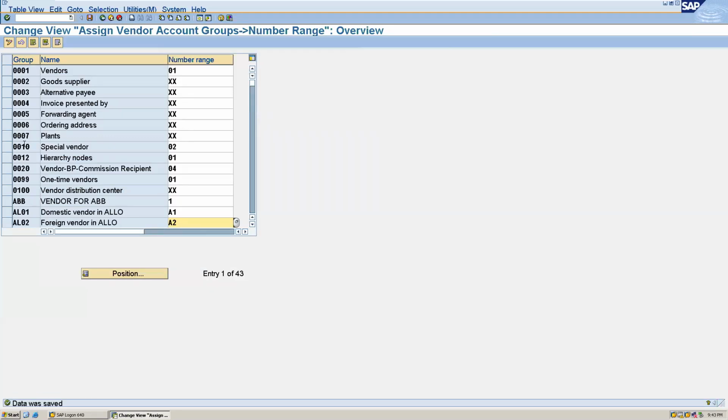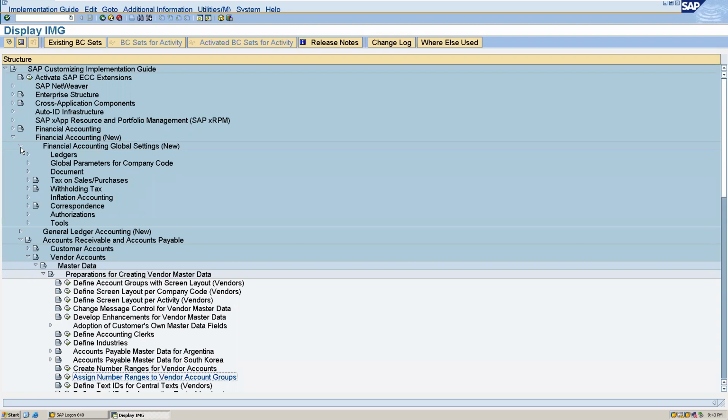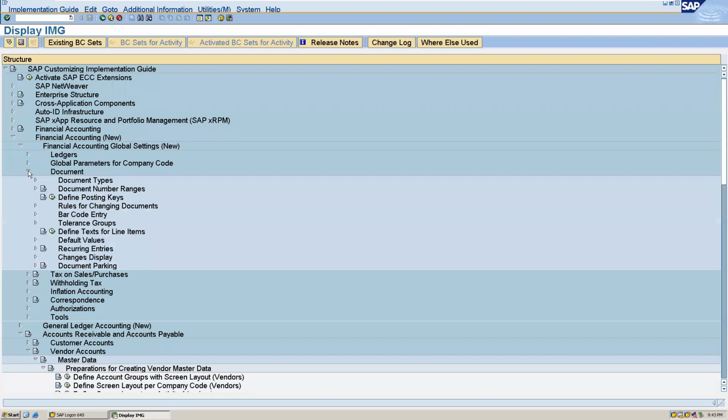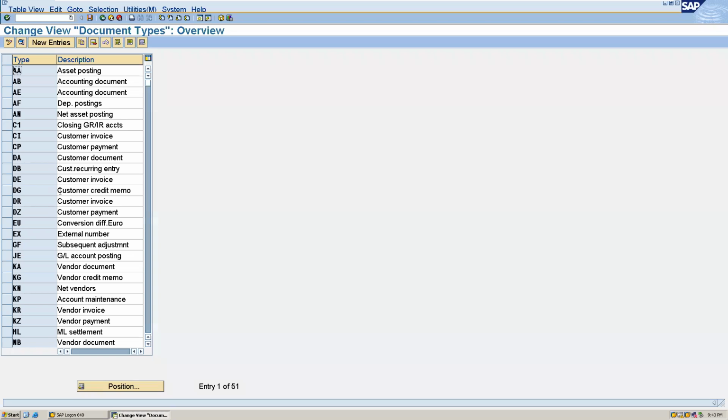Now we will see the document types for entry view. Go back. Here we have to go to Financial Accounting Global Settings New, and in that we have to go to Document. And here we have to go to Document Types. Here you can see the document types for entry view. Here we will see all the document types.